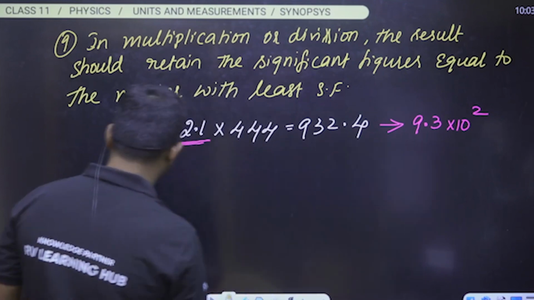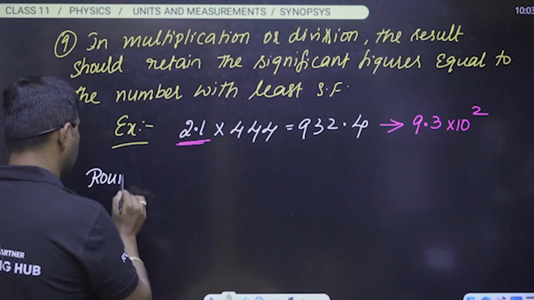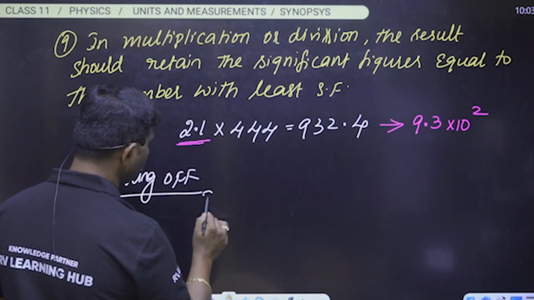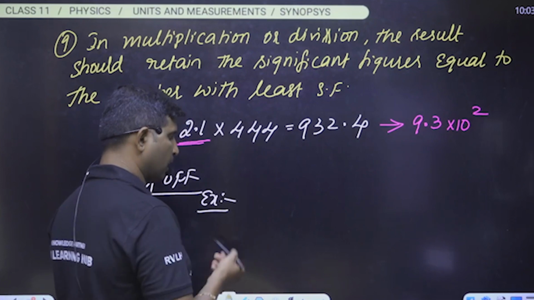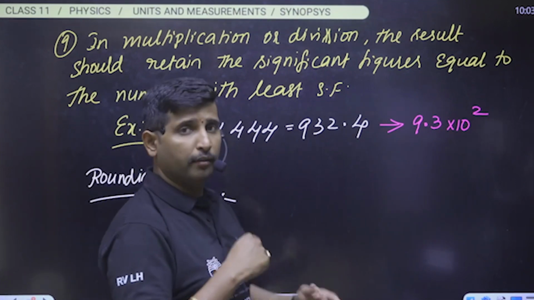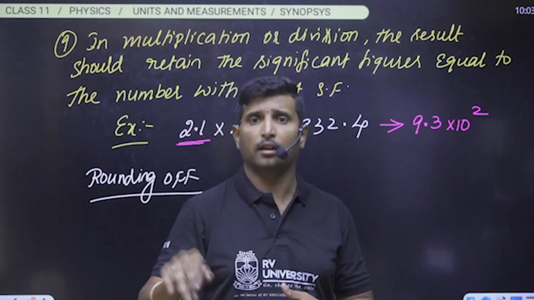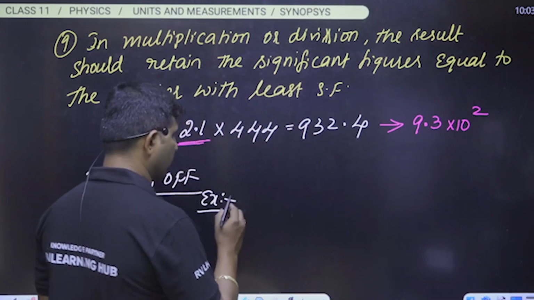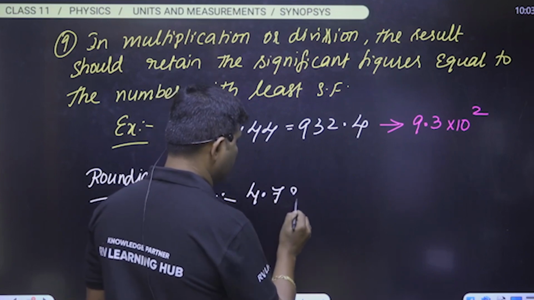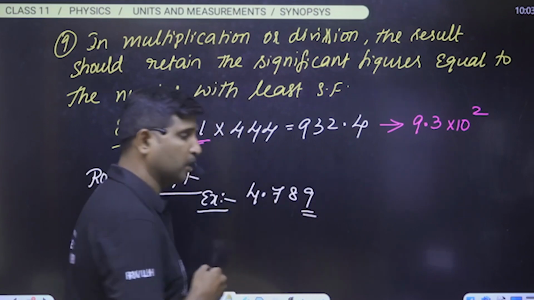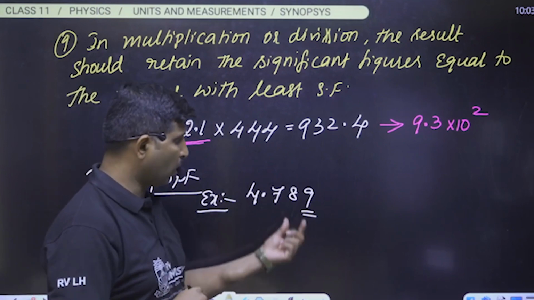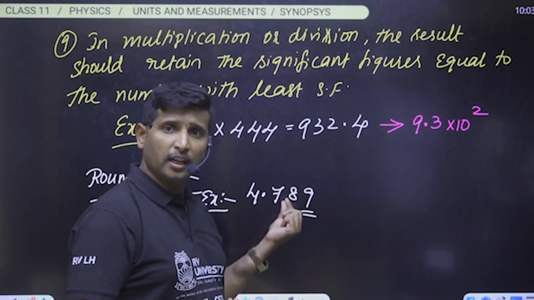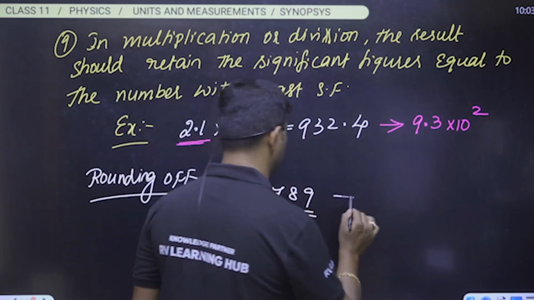And finally, we can go with the rounding of the digit. I will go through an example here. For example, if a digit is to be eliminated or dropped, say here 4.789, I want to drop this digit 9. So see here, I want to check this 9 is greater than 5. Is it right? And therefore, its preceding number should be increased by 1 unit.